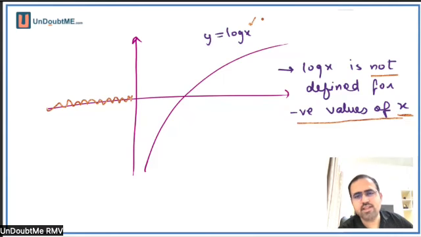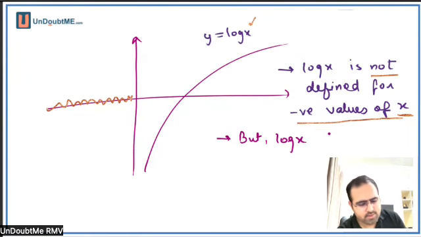Okay, I'm basically saying that x can't have negative values, but y can have negative values. Yeah. I repeat again what I said. For log x, negative value of x is not possible. Log x is not defined for negative values of x, but